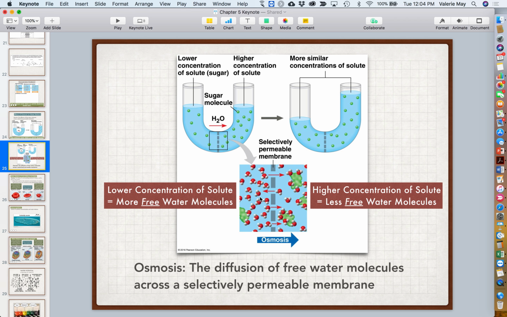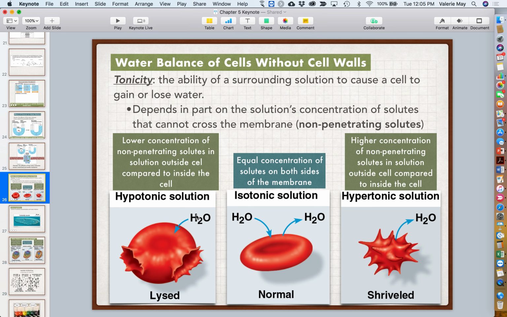Going back to this diagram here, this would be the hypotonic solution. Less solute, more free water molecules to randomly move around. So you might guess that because there's more free water molecules here, they're more likely to move in than out. And so water would be constantly coming in. The cell would swell and it would burst. And this diffusion of water across a selectively permeable membrane is called osmosis. So osmosis is that water coming in. It's coming in because there's a lower solute concentration outside, more free water molecules outside than inside. And then over here,